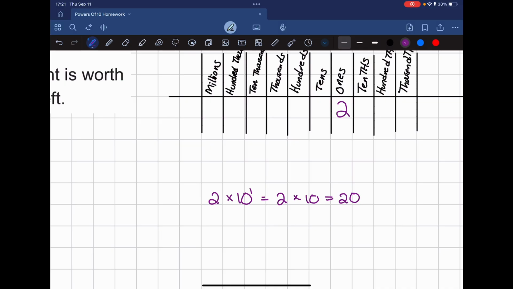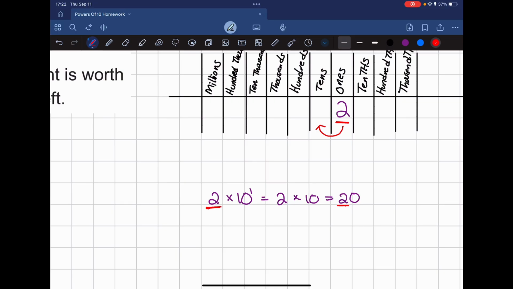So I know in my head that 2 times 10 is 20. But what is actually happening here? I have a 2, excuse me. I have a 2 in the ones place, which is right here, right? So what has happened? My 2 has shifted to the tens place,